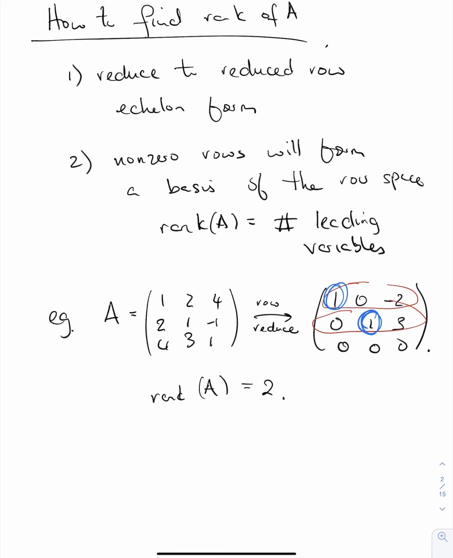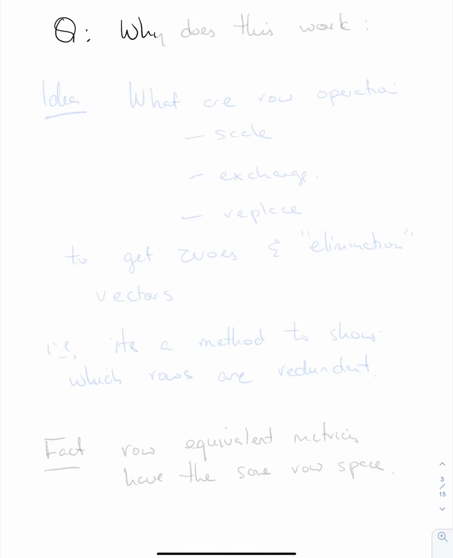You might have some questions. One question is, why does this work? There's actually a lot of assumptions going into that statement above of how to find the rank. So let's talk about the idea of this. What precisely is row reduction? What are